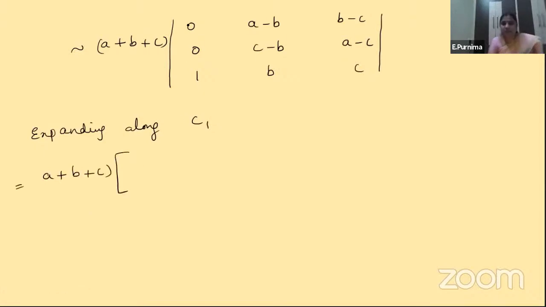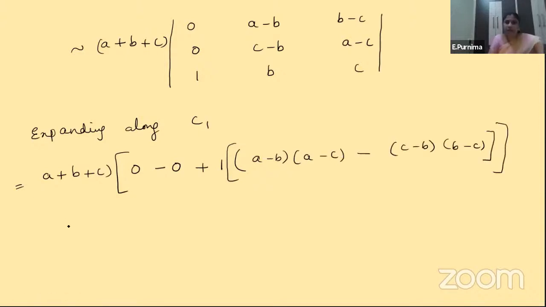This is first element, second element, anyway whatever you do it becomes 0 only. So for the first element the sign is plus, and what is the position of this element? Second row, first column. That is minus 1 to the power of i plus j will give you what? Minus 1 to the power of 3, which is minus sign. So that is minus, anyway it is 0 only, so no need to write that element. Plus 1 into, this is positive element, children, because third row, first column, 3 plus 1 is 4. Yes. So now here it is this column and this row eliminate, the determinant of this 2 by 2 matrix. That is (A minus B) into (A minus C) minus (C minus B) into (B minus C).